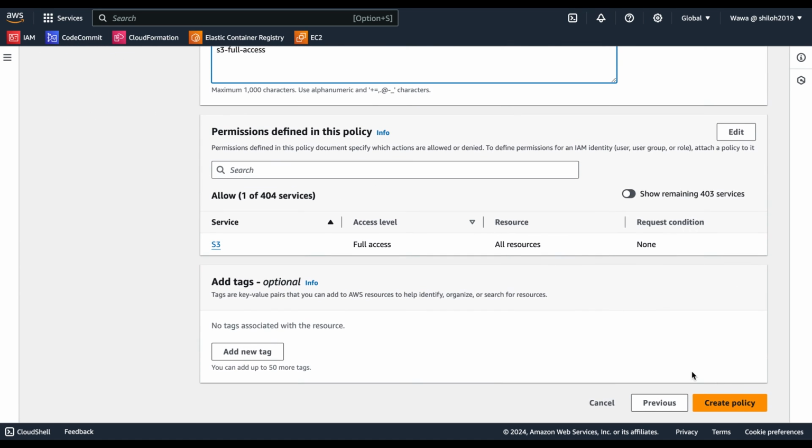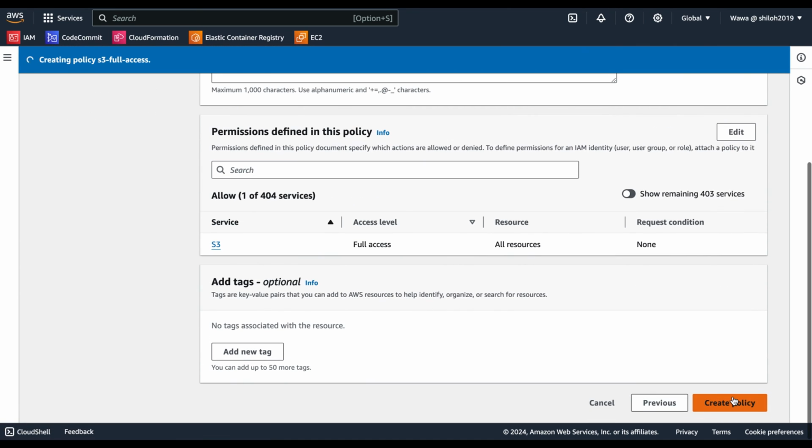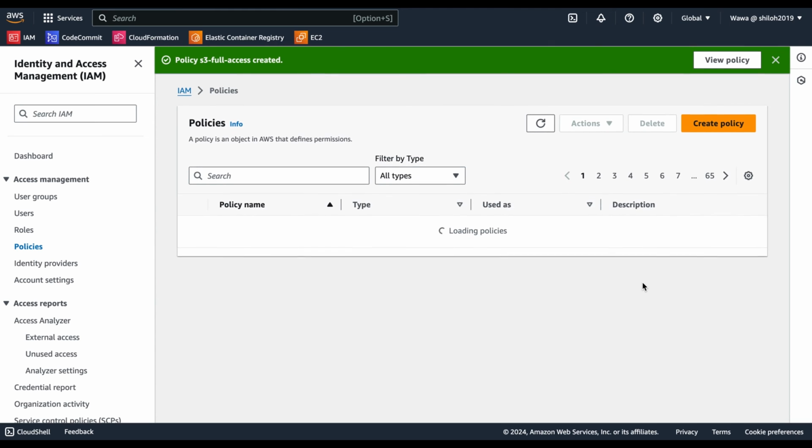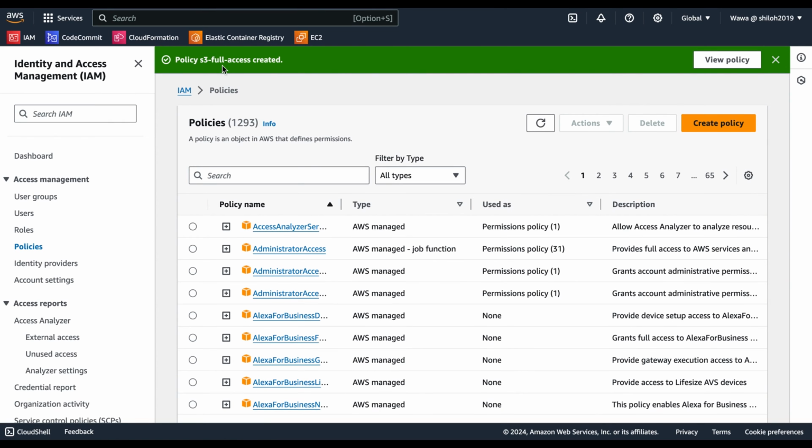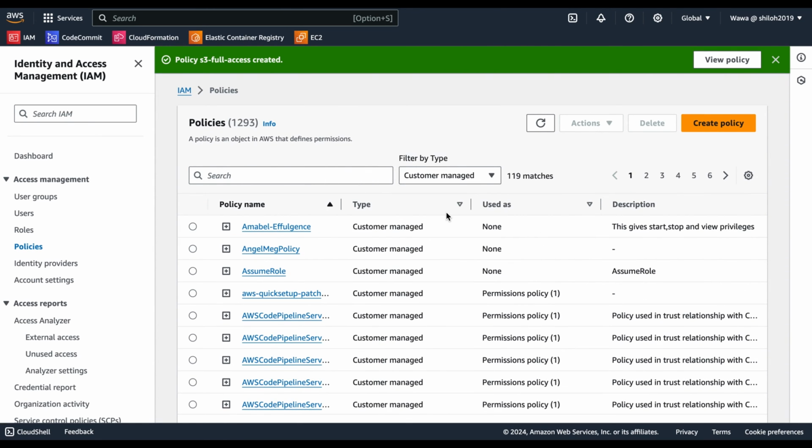This policy means you grant full access to all S3 resources for any role that assumes this policy. And then once that is good, you create policy, and then you have access to all the S3 services that have been specified by this policy. So this is the policy S3 full access, or these are a set of policies that already exist in your environment. For you to check, you can check policies by all types, or you can choose customer managed policies which